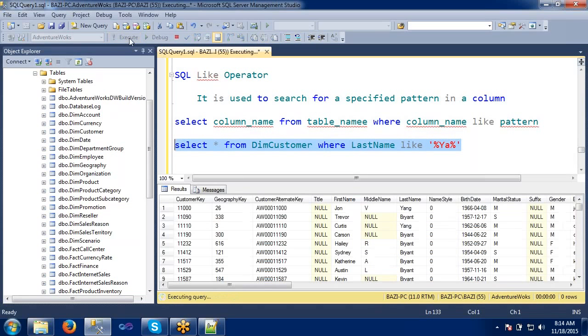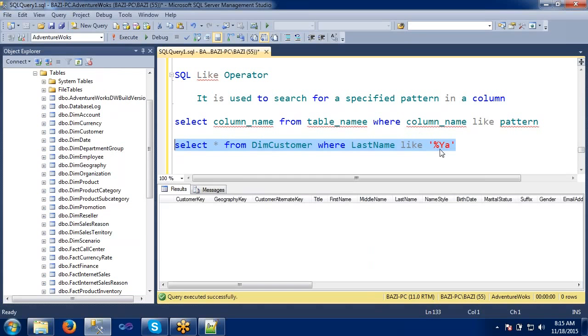So if you see this one, BR is there in YA. So our last name is consisting of BA, YA, but before and after we don't know what is there exactly. So in that case, we'll apply the percentage before and after. So it has retrieved all the records which are starting with the VA, ending with the VA, and if before VA any value is there, those records also. So all the records which have some string in the first or last name will be filtered here.